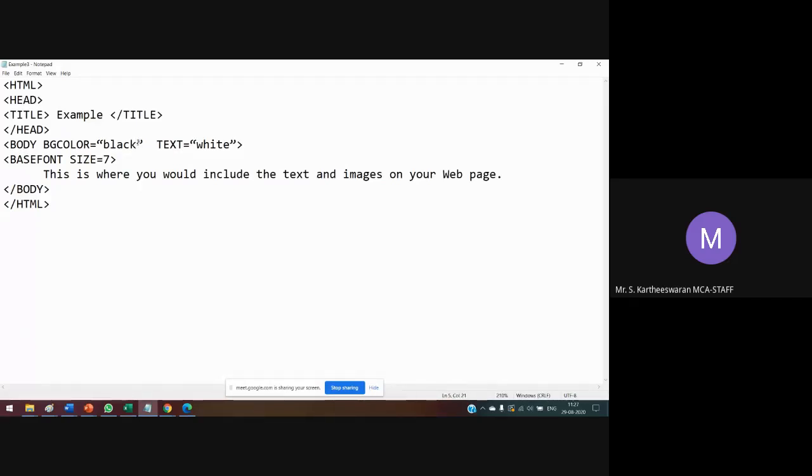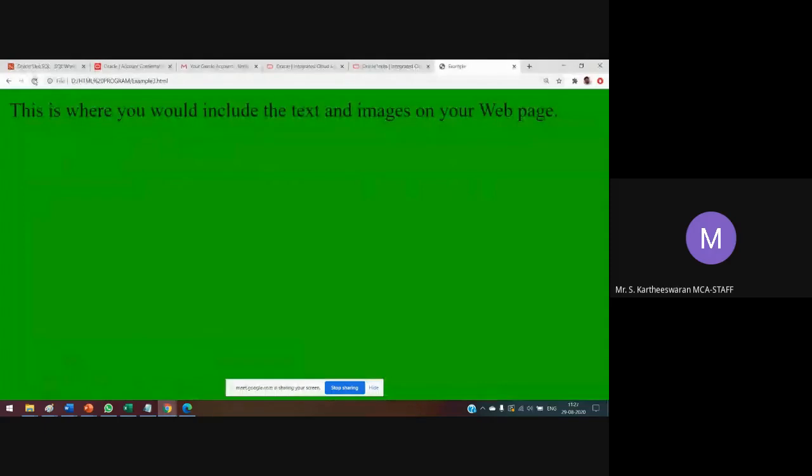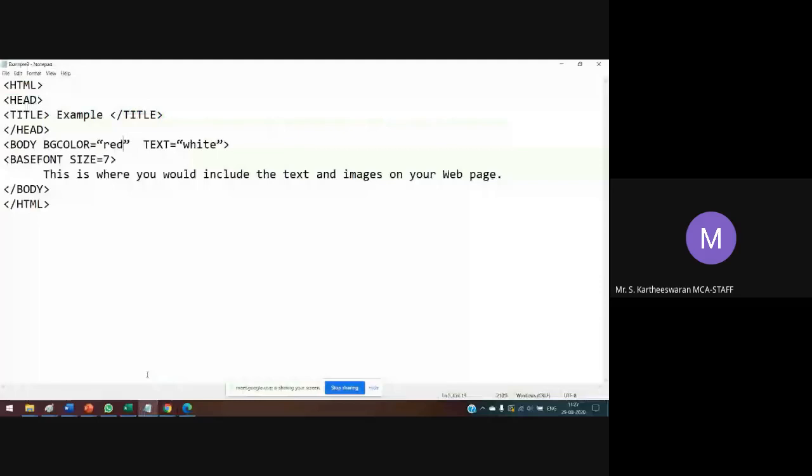I think we will use this here, red. See, there are no changes. Instead, it will show various values.